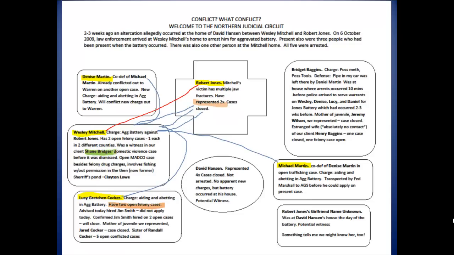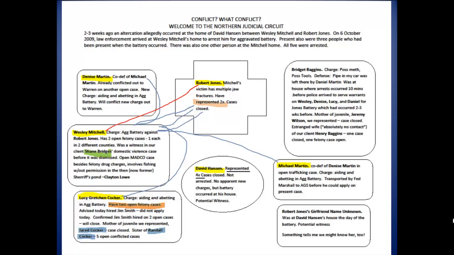We had 2 open cases on Lucy Gretchen Coker, and she is the mother of one of our former juvenile clients, Jared Coker. I've changed all these names for confidentiality concerns. Lucy is the sister of Randall Coker, who has 5 open conflict cases. The fight occurred over at David Hansen's house, who we have represented 4 times in the past, and he's a